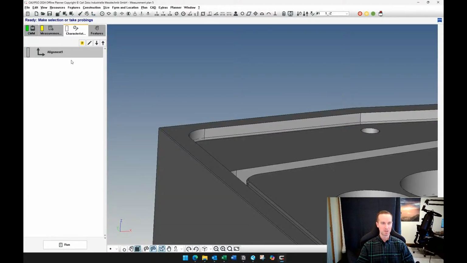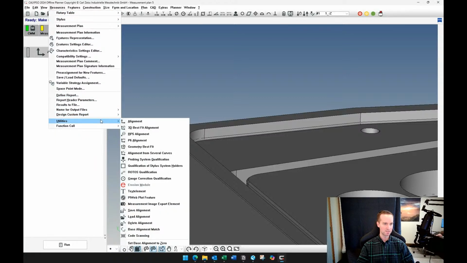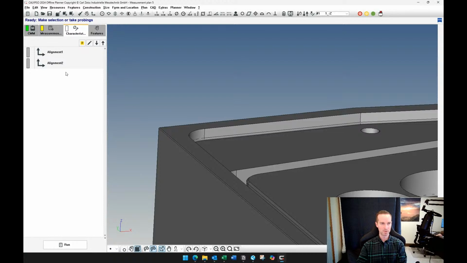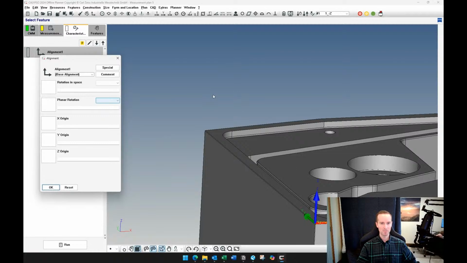And it accomplishes the same thing. So we're going to create a secondary alignment. I have a shortcut here, but you can go to Resources, Utilities, and Alignment. That will create a secondary alignment. It looks a lot like a regular base alignment window. And in here, we're not going to fill in